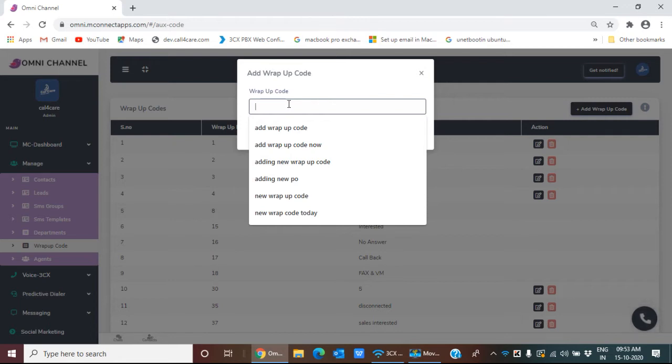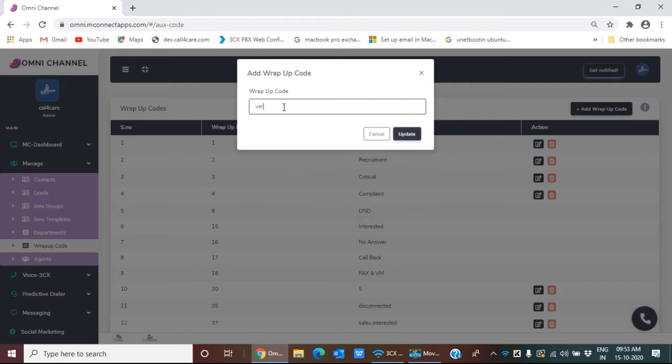Now I'm going to do one. I have created one wrap-up code, verge of buying. I mean that the customer is almost 99% ready to buy.